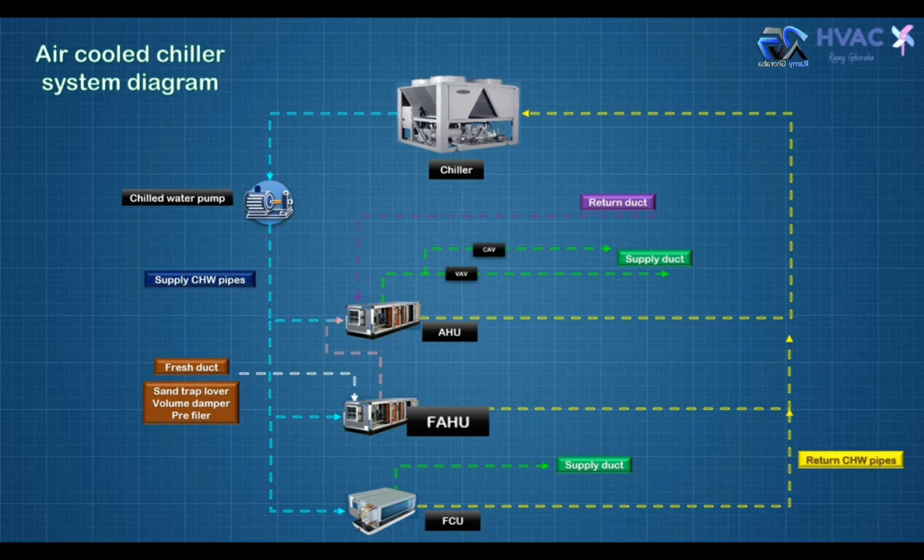And from this fresh AHU, we feed the air to the AHUs or to the fan coils, or we can take fresh air anywhere we need in the building. So this is simply the air-cooled chiller system diagram. Okay, now